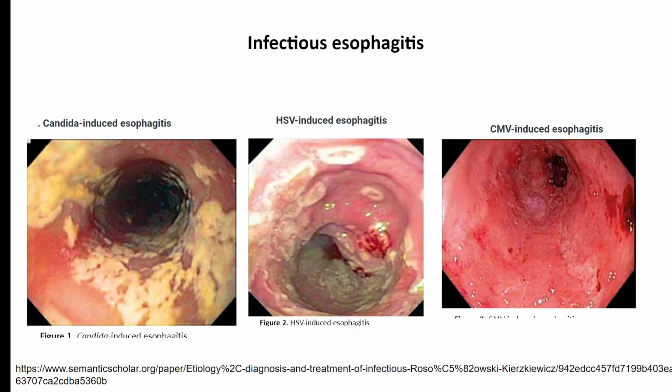Infectious esophagitis could very commonly be Candida induced esophagitis, or HSV induced, or CMV induced esophagitis, viral infections. Whenever you have infective esophagitis, candidiasis presents with colonies of thick slough material, whitish material, and lots of slough there. Whereas viral esophagitis either presents with some areas of necrosis or simply hyperemic changes, and based upon that,